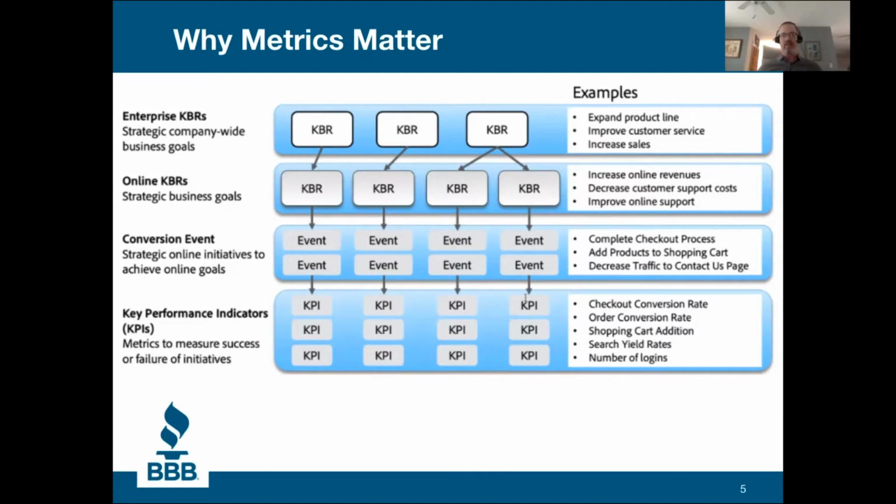And so in this example, we are taking an enterprise goal down to an online goal. And really in this conversation, we're just going to stay focused on the online goals. So in this case, maybe the company goal is to increase revenue, but a portion of the business is online. And so for this example, we're going to look to improve online revenue. And the event that we're going to be tracking within our analytics is how many people completed the checkout process. And on top of that, where did this traffic come from, and which traffic resulted in the most checkouts, tying that back to, again, this key business goal of online revenue.